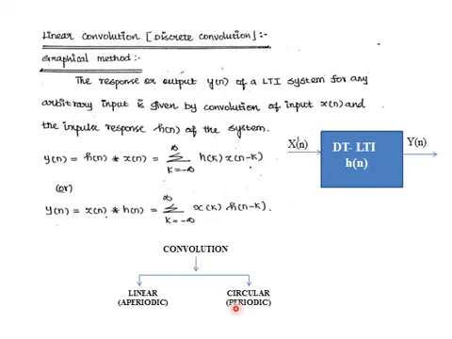Now, recollecting what are periodic and aperiodic signals. A periodic signal is one which repeats itself after a particular time period. The same signal will be getting repeated for every n instance of time, where n is called the fundamental period. And if the signal does not repeat itself over a period of time, then we'll be naming the signal as aperiodic or non-periodic. So if the input signal is aperiodic, you prefer linear convolution, and if the input signal is periodic, then you have to go for circular convolution.